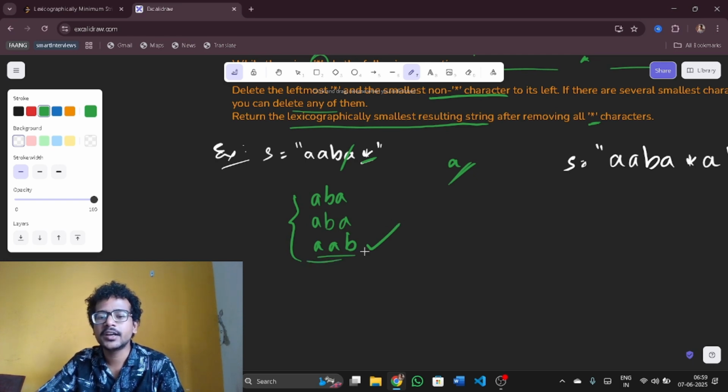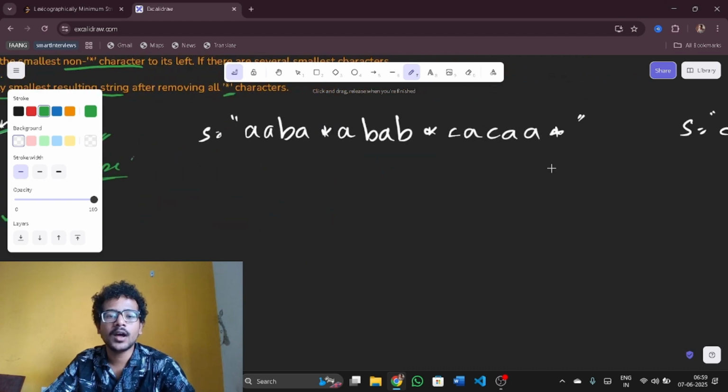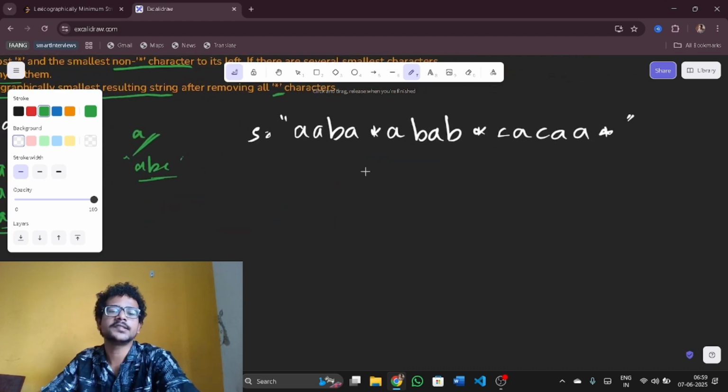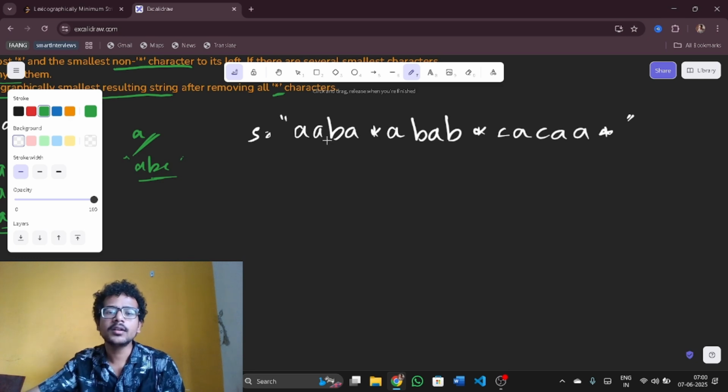This string needs to be written. If something like ABC, there are no stars here, so I write ABC itself. Now, I am looking at this example. I have a star here. Previously I had only A as the smallest character, occurring three times. Now what I'll do is remove the one just to the left of the star,